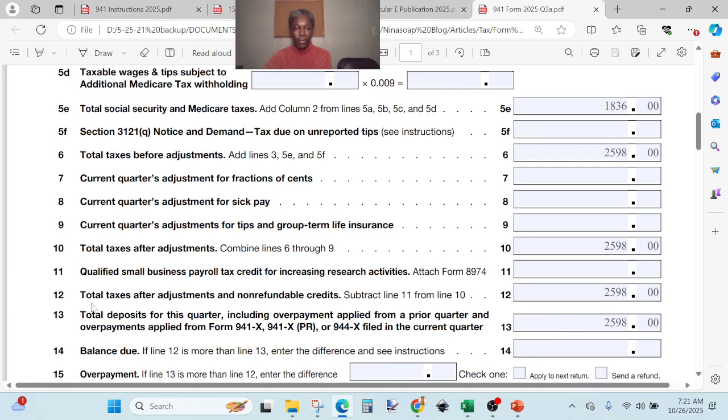Line 12 is asking you about your tax liability. So it's taking line 10 minus line 11, and then you are going to put the amount on line 12. And since our line 11 is 0, our line 12 is the same as our line 10. So our tax liability for quarter 3 is